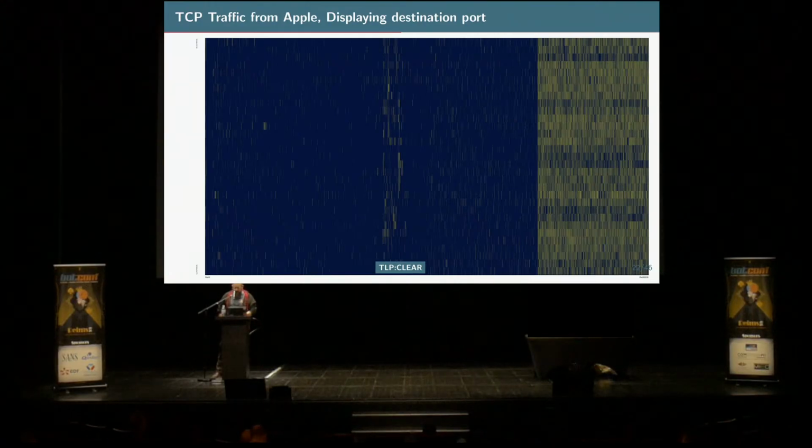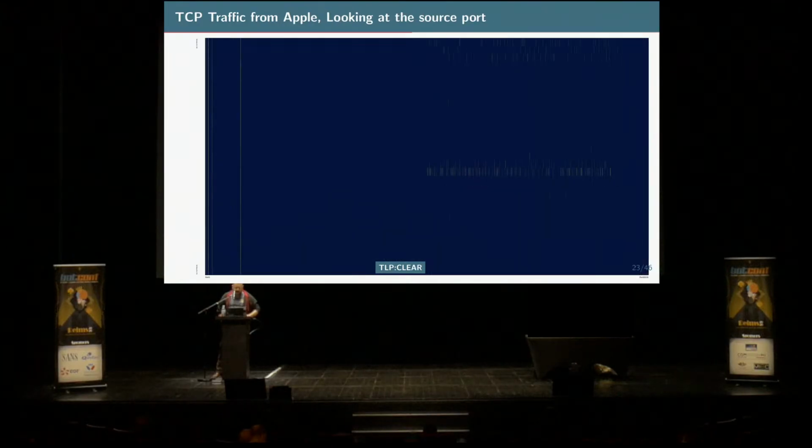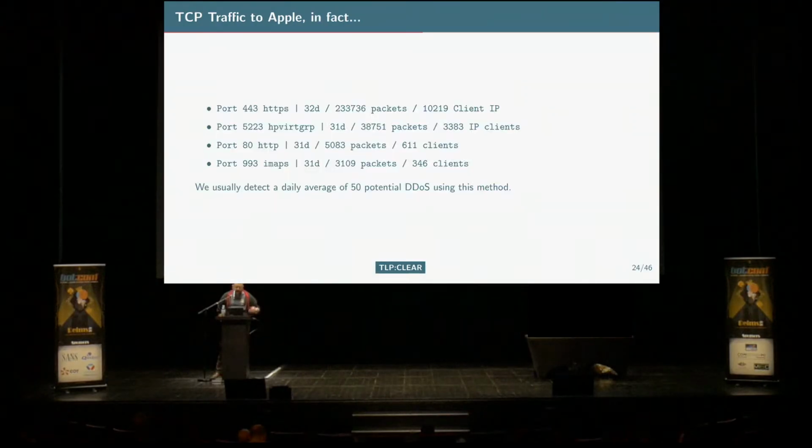If you reverse everything and you try to look at the source IP as a destination IP and do the same for the port, in this case, it's quite clear that people are trying to play with Apple using 80, 993, 443, common DDoS ports. And you see that in this case, for example, during 32 days, the poor Apple guys receive 2,000K of packets, which is nothing, but it's abnormal. It's clearly someone testing something.